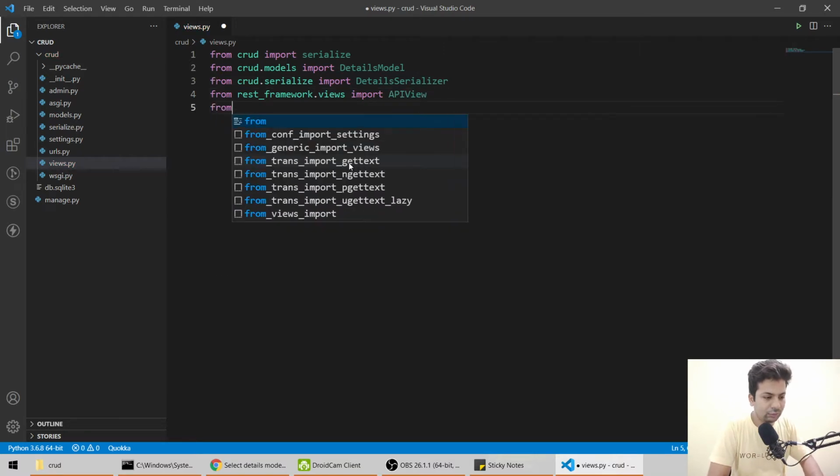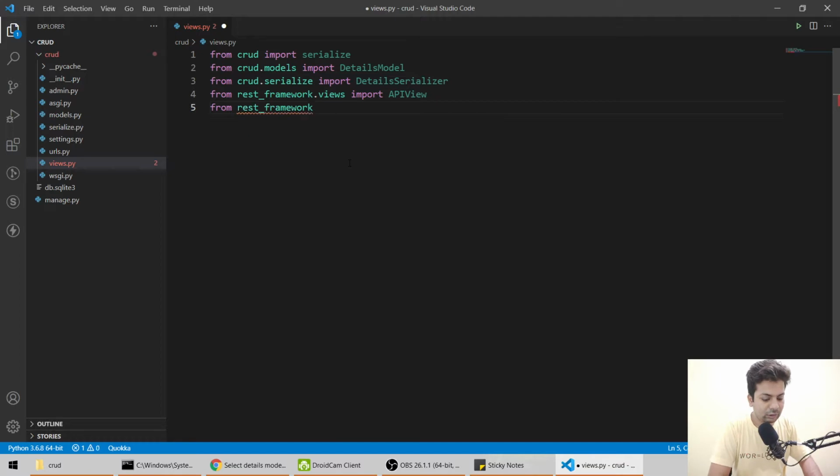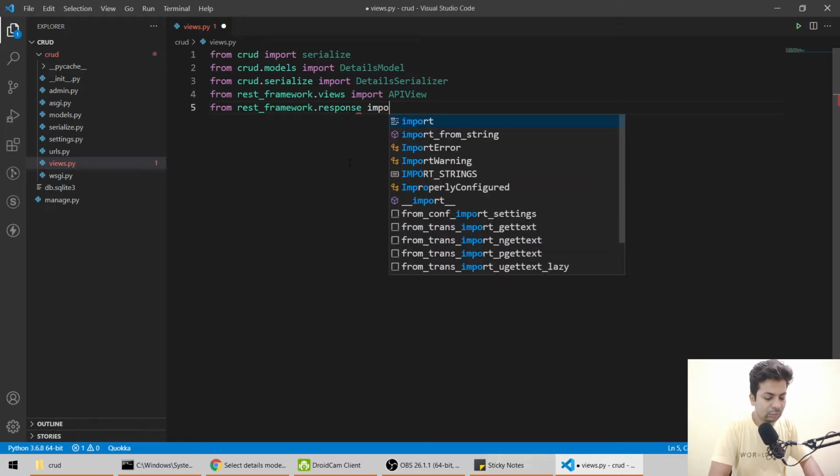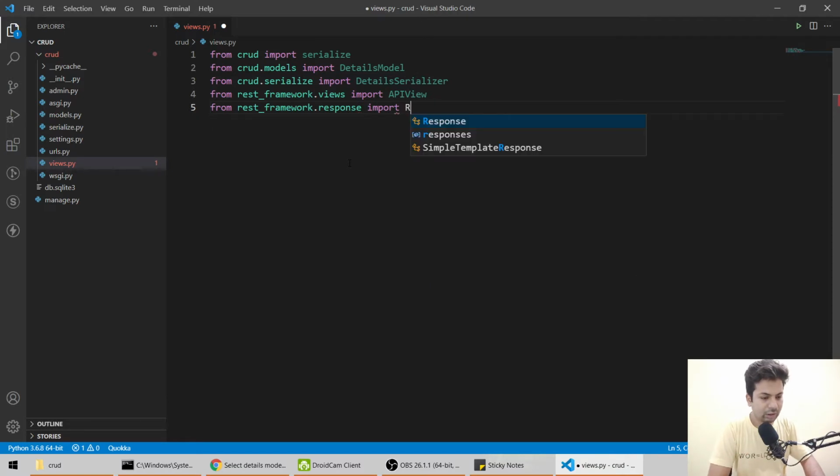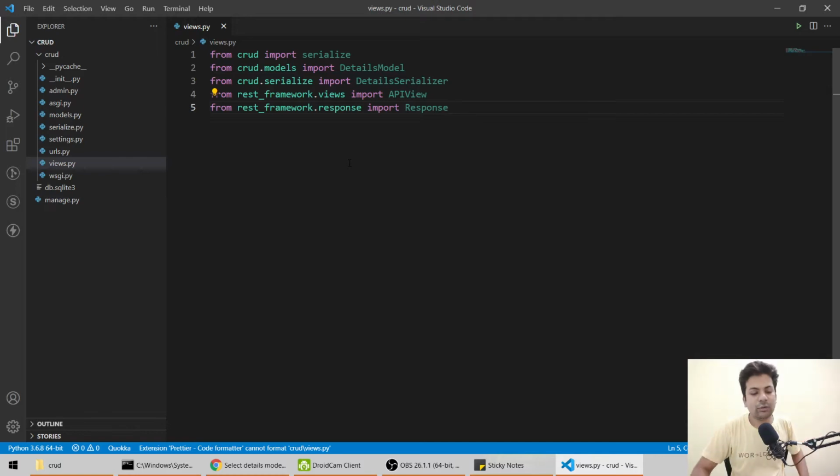Then we'll import from rest_framework.response import Response. These are the things we need to import first before starting the API.